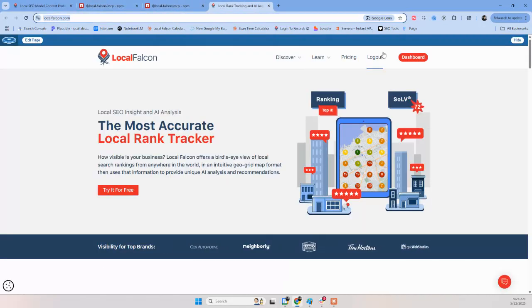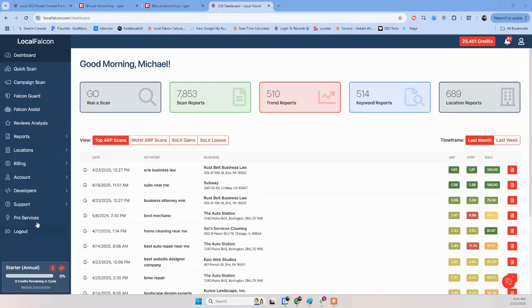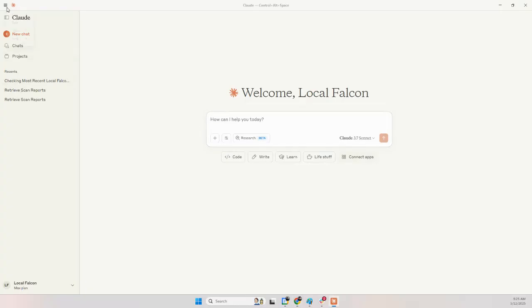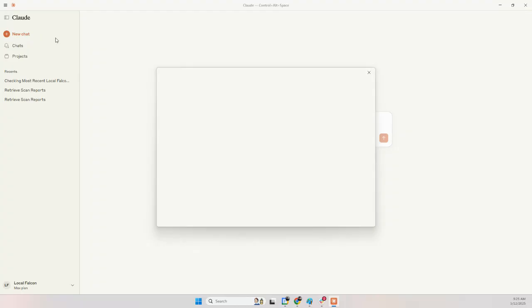But if you just go to your dashboard, and then go to the API and MCP credentials tab, you'll see for each key there's an MCP URL. We're just going to copy one of those, and then we're going to open Claude and go File, Settings, and